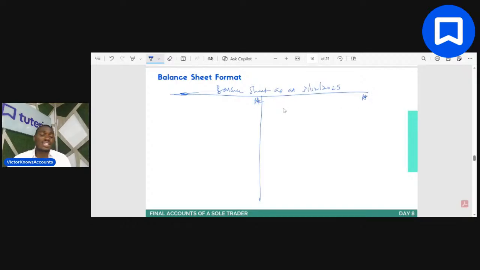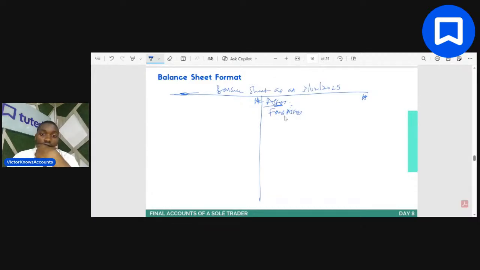Don't forget, your asset is always on the credit or debit side? Which one? None. The answer is the right side. There is no credit and debit in a balance sheet. So you come here, you say asset. Don't forget your asset is arranged in order of permanence. So you have to start with fixed